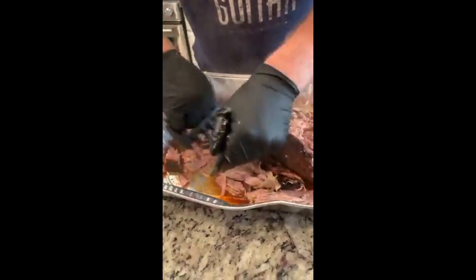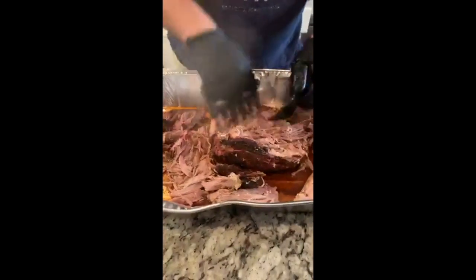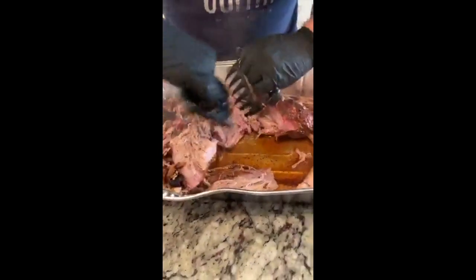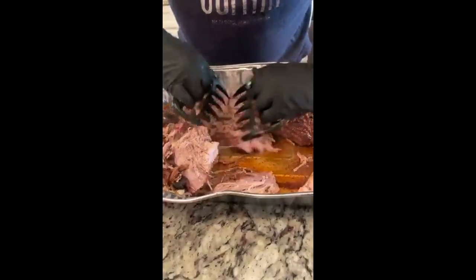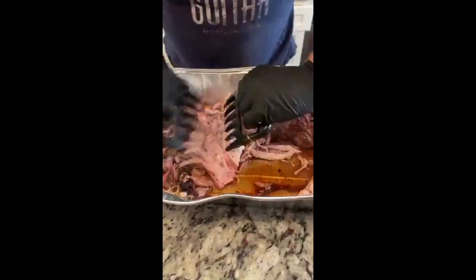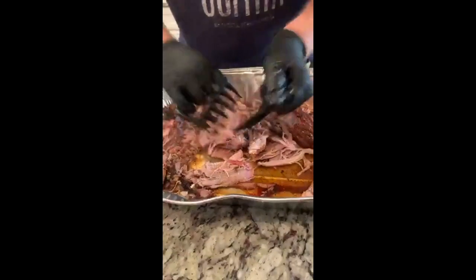I'm not seeing any so far, because again, every single shoulder you get, even though they're supposed to be the same, are all going to be a little bit different. And look at this. Some of this, I'll be honest, has overcooked right here. This is a little dry. But again, you're going to save yourself if you run into this problem like we have right here with some of the meat that didn't cook quite evenly, that's a little dry. We're going to reconstitute the